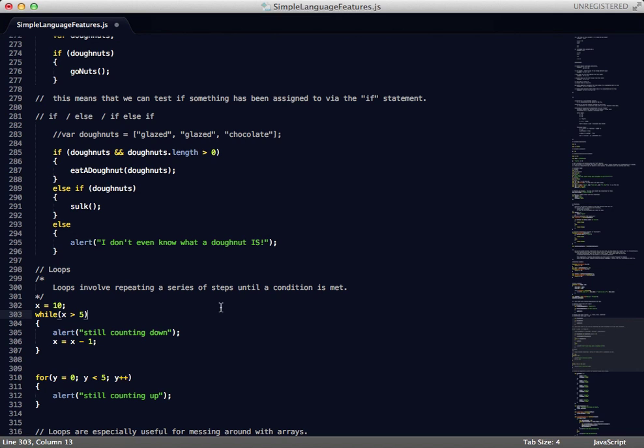The while loop will do something over and over and over until whatever you told it in parentheses becomes false. So as soon as x becomes 6, it becomes false. As soon as it becomes 4. Because this is a greater than. Oh, greater than, yep. Or a 5, actually, because 5 is not greater than 5. So all we're going to do is keep saying, still counting down, until,